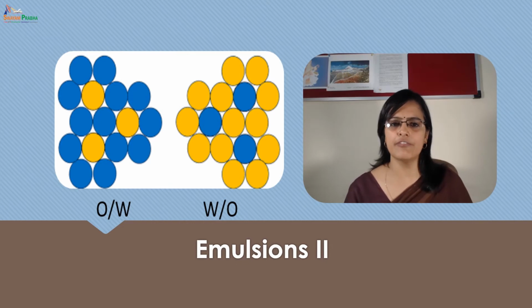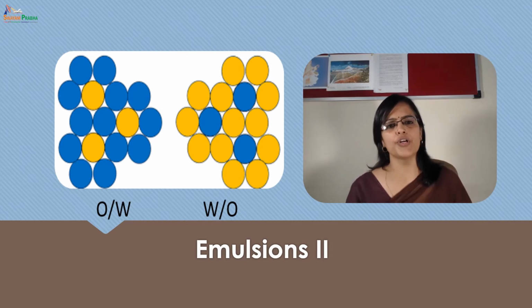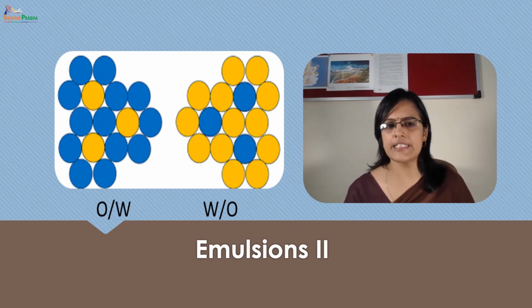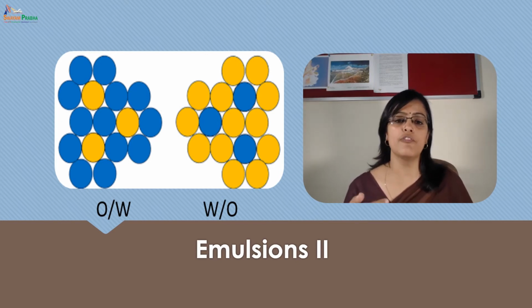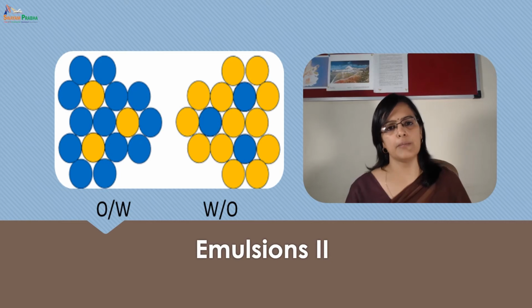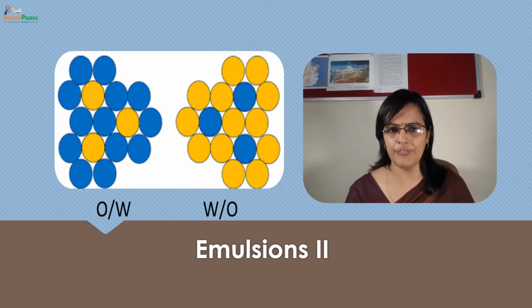So dear students, today we are going to study Emulsion Part 2, and let me remind you that we have studied introduction to emulsion, its advantages, disadvantages, different identification tests and types of emulsions in Emulsion Part 1, and in this module we will discuss different emulsifying agents, its formulation and evaluation.